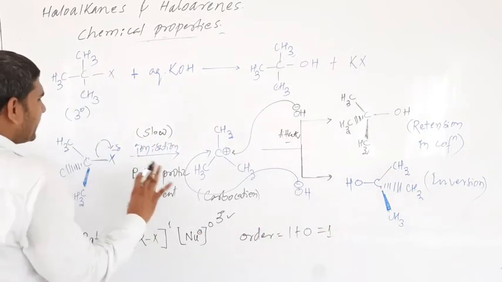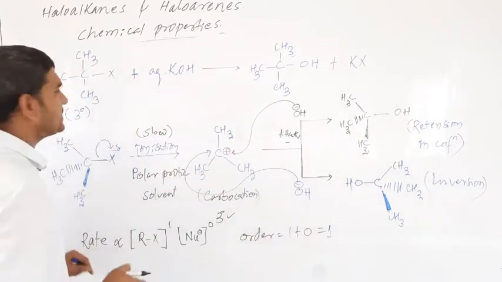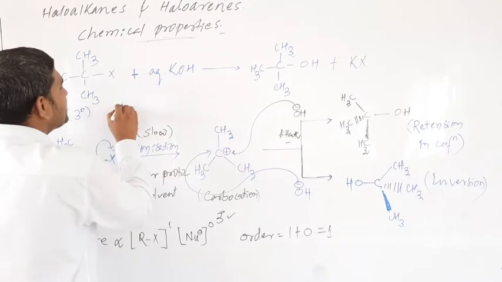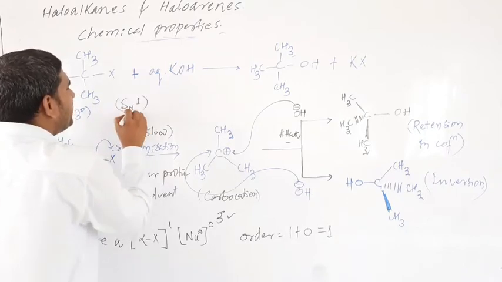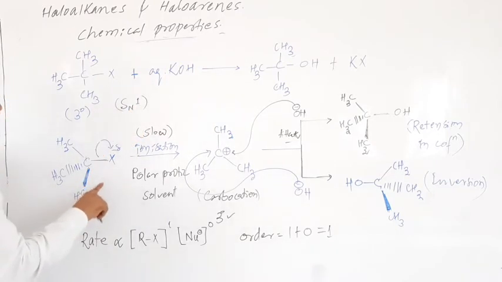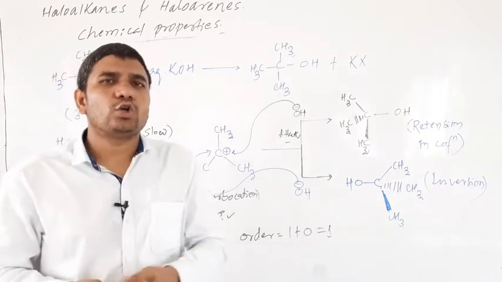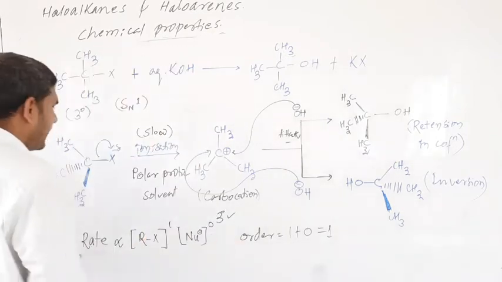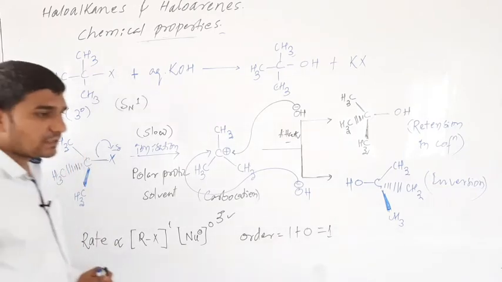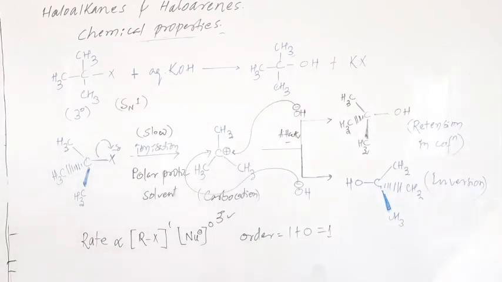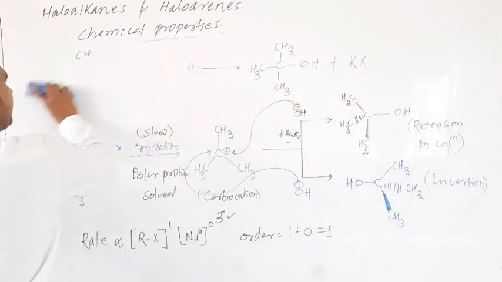Over here also, X is replaced by OH. This is also a substitution reaction. But this is substitution nucleophilic unimolecular. Unimolecular means the rate of reaction depends on only one molecule. In the earlier reaction, the rate depends on two molecules. Understood? Okay. This is regarding the SN1 reaction. There are special cases in the SN1 reaction. I will explain some of these special cases. Listen carefully.